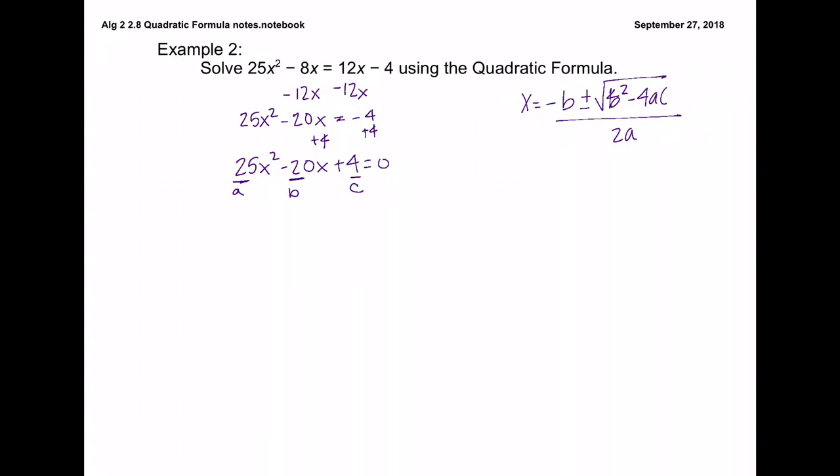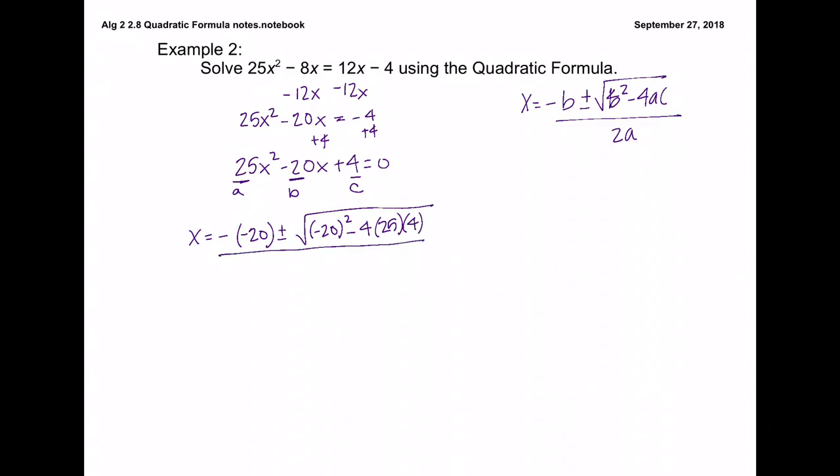So at this point we're going to plug and chug our variables into our formula. So we have x equals negative b, which is negative 20, plus or minus the square root of b squared minus 4 times a times c